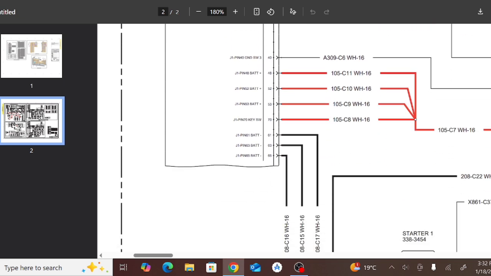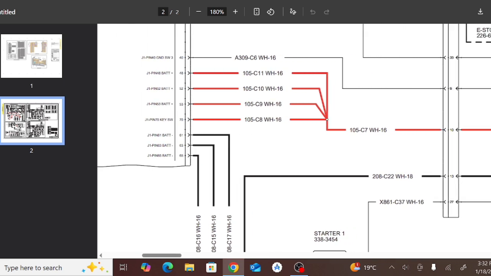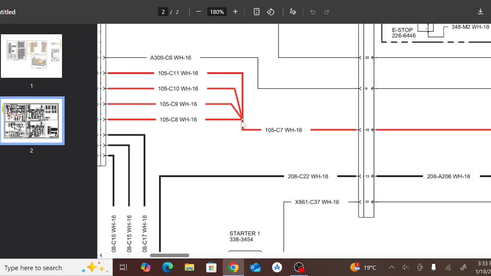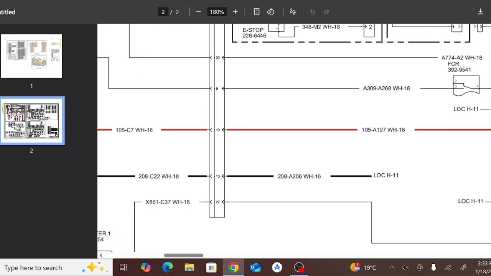And also the main connection is our, as you can see, pin 65, 63 and 61. The pin 65 and the pin 52, this is the supply of the EMCP 4.4 controller for turning on the controller, okay. And it's also the pin 48 and the pin 53 and pin 70, okay. This is used for the key switch, as you can see the pin 70, that's one, and that's sent to the, this is a splice junction, and then as you can see coming from the connector pin 10, and then